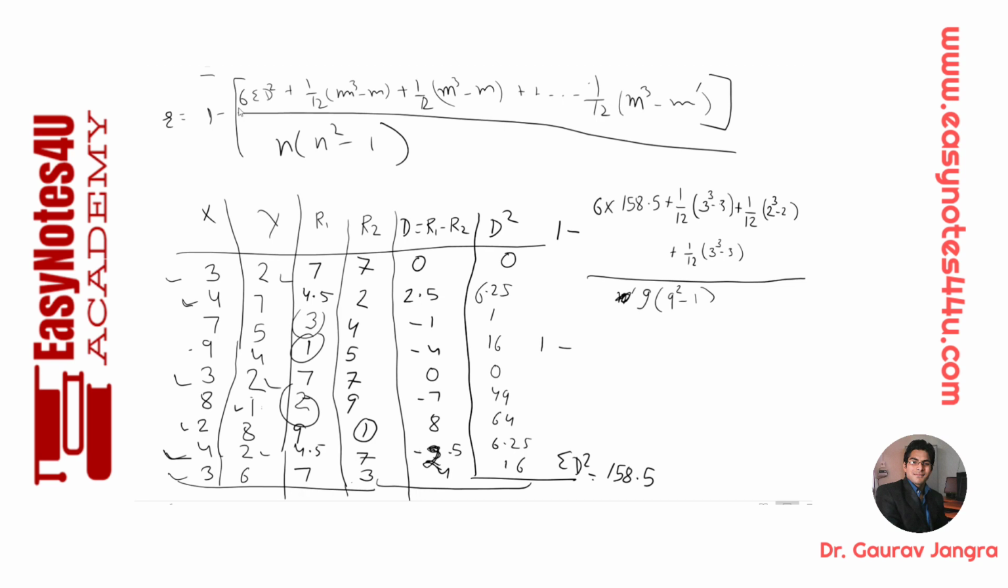1 minus 6 multiplied by 158.5, which is 951, plus 1 divided by 12 into 3 cube. 3 cube is 27 minus 3, it will be 24. So 24 divided by 12 will be 2, plus next 1 divided by 12 into 2 cube, 8 minus 2 is 6, 6 divided by 12 is 0.5, and again 24 divided by 12 will be 2, and divide by